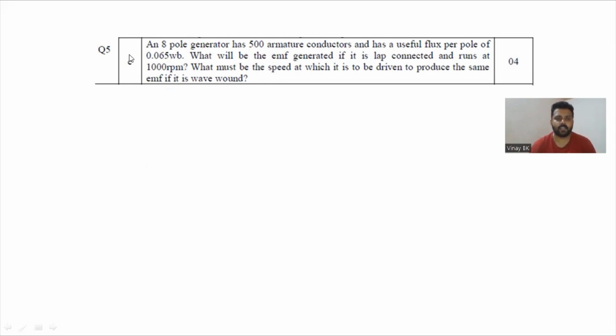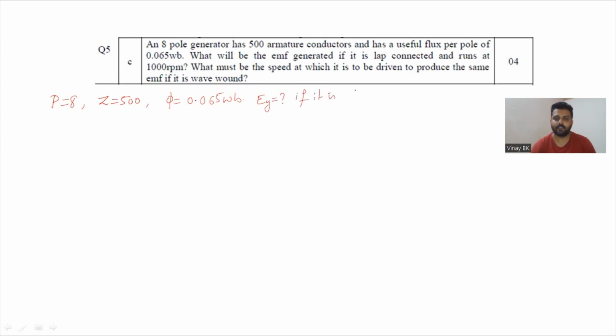There is an 8-pole generator, so P equals 8. The generator has 500 armature conductors, that is Z equals 500, and it has useful flux per pole, phi equals 0.065 Weber. They asked what will be the generated EMF, EG,